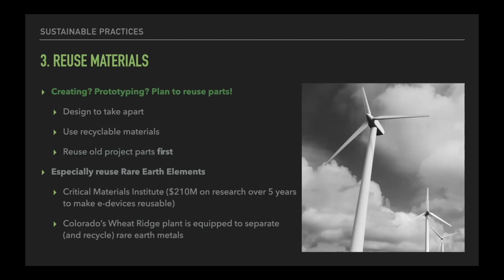And we need to change that given how much that is damaging the planet and the people. Colorado is doing its part by opening a rare earth processing plant in June of last year. This plant is equipped to separate and recycle rare earth elements. So in a few years, I would imagine that we're going to see Colorado taking on a lot of that onus and responsibility of recycling rare earth elements and easing our need to have that very climate change producing influx from China.